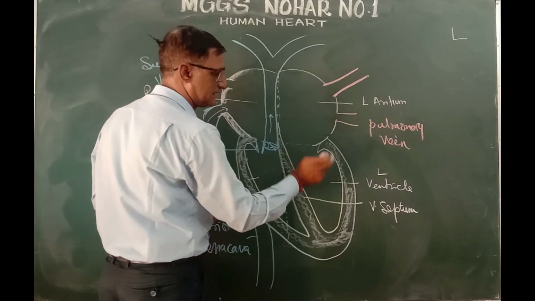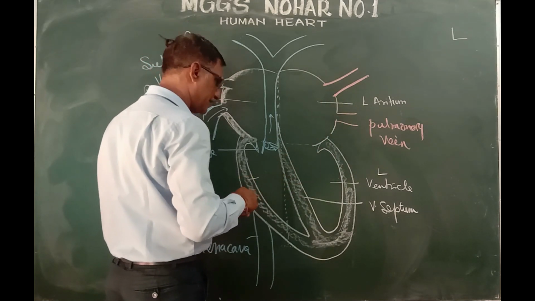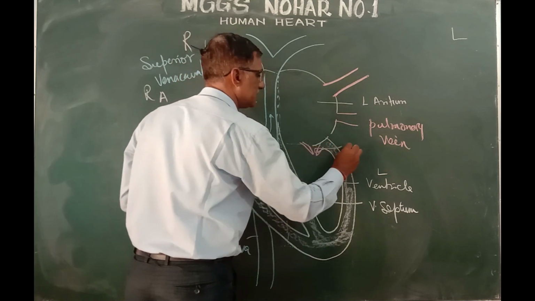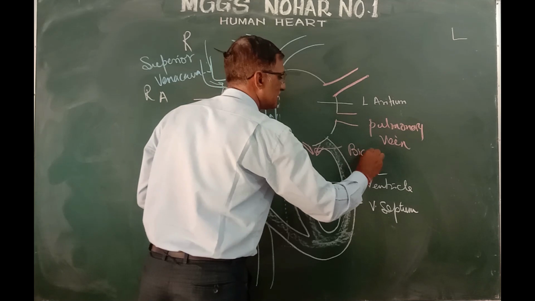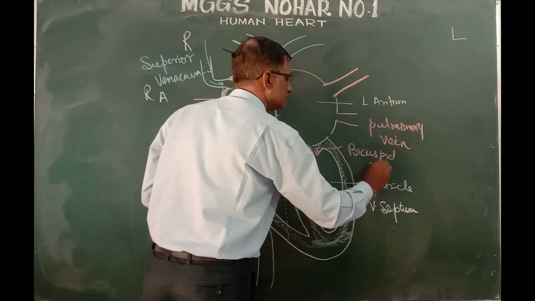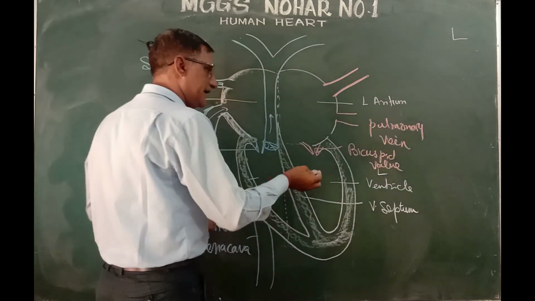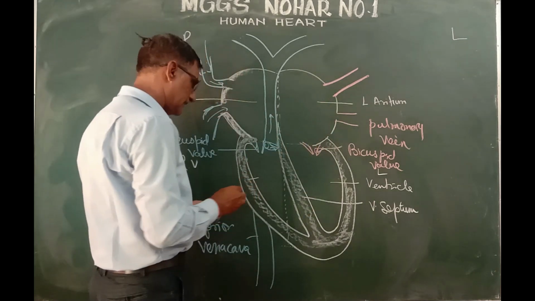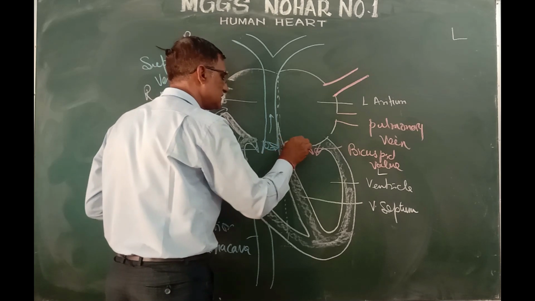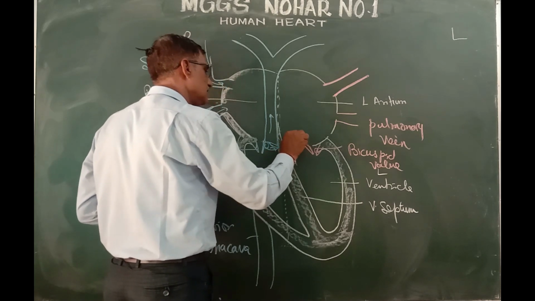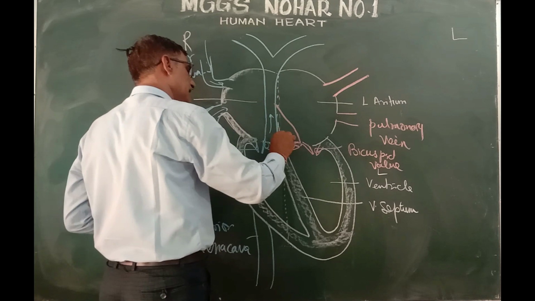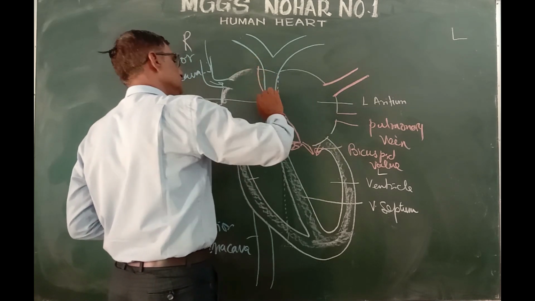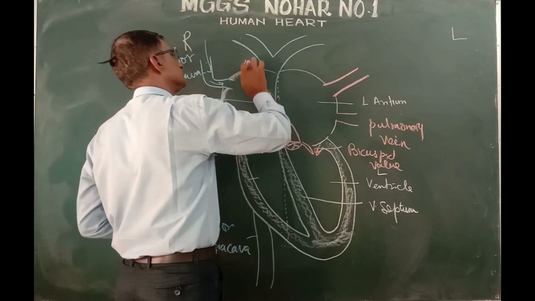How are the atrium and ventricle related? The same thing is over here. There is a valve, and this valve is called the bicuspid valve. It allows blood to flow from atrium to ventricle only, and from here rises a big structure called the aorta. It's just behind, just below this. Now in this way you can write.